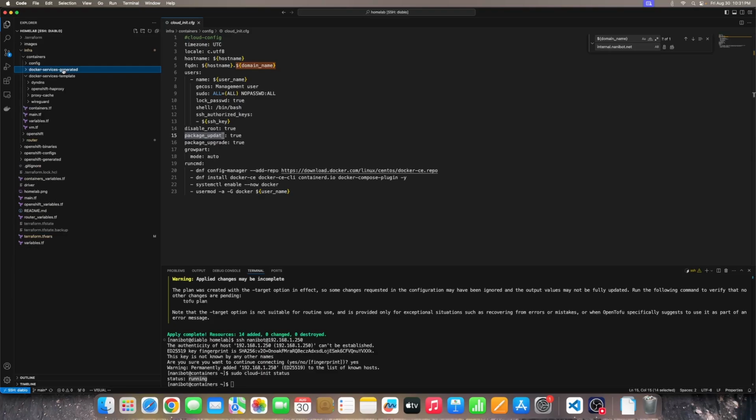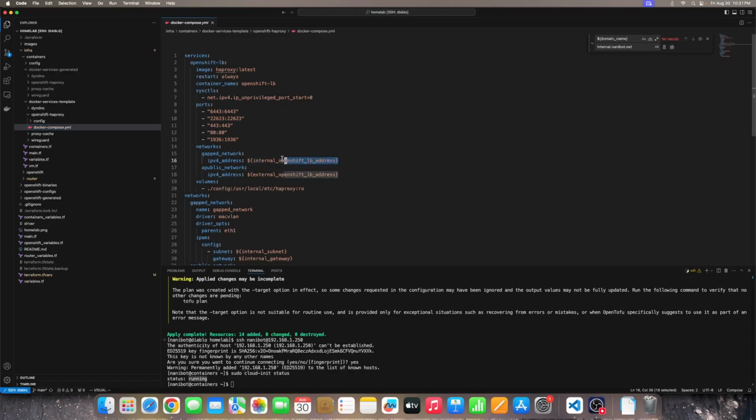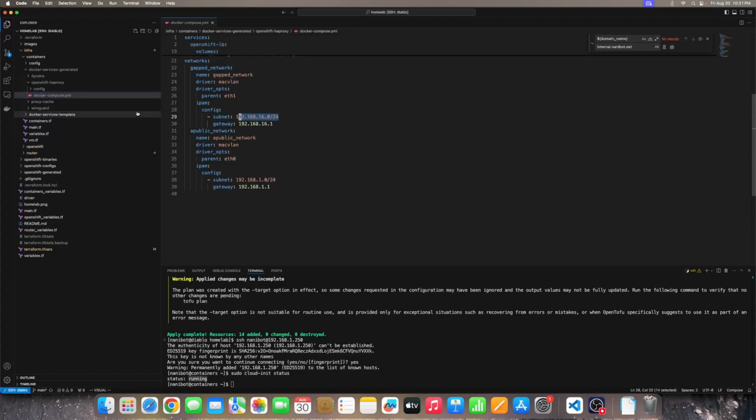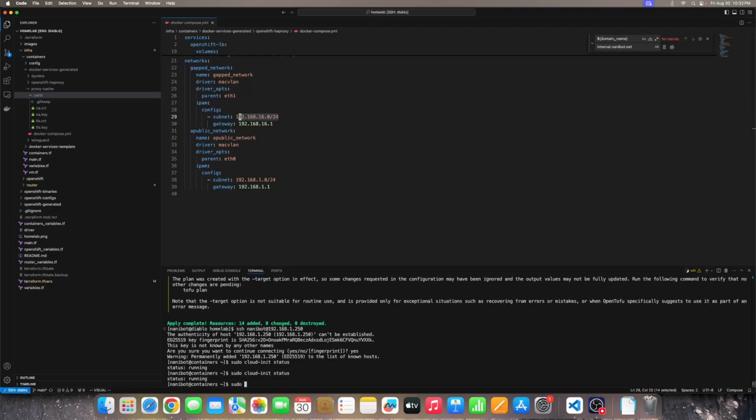Anyway, this Docker services generated folder is going to have the Docker services generated from the template. So remember, in the template we had variables. Like here we have variables, and then Terraform will render these variables into these things. So that's fine. And these are the certificates that were created by Terraform again. Let's wait for cloud-init to complete. I think the log location should be